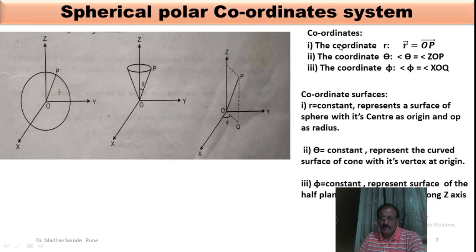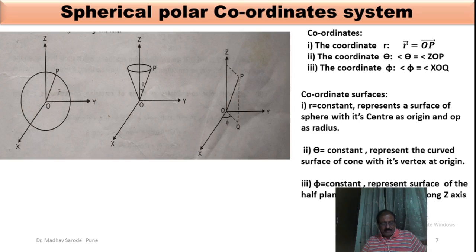Now we know what a coordinate system is and what we mean by a coordinate surface. Similarly, the coordinate curves are basically lines. There are three coordinate curves, respectively r, theta and phi. This represents the three coordinate curves, meaning the line OP is called the r curve, and similarly the theta curve and phi curve respectively. So then one of the important things to study is the